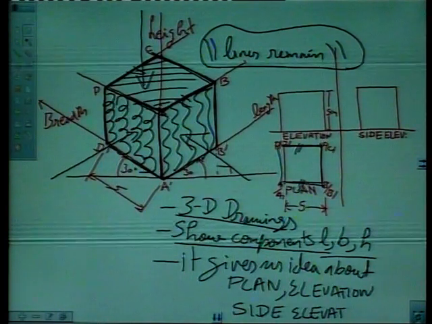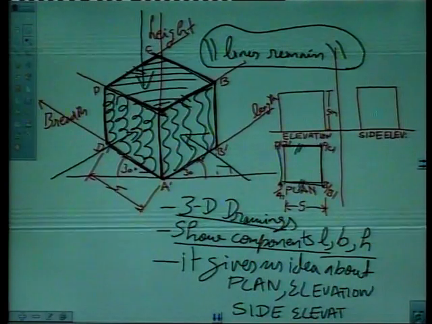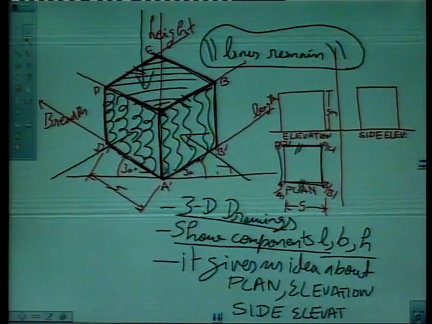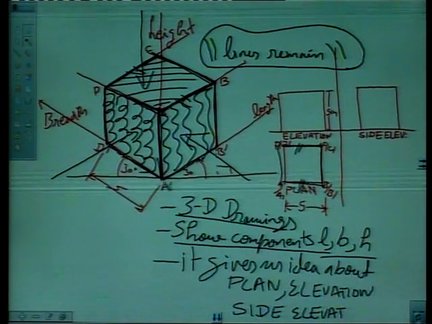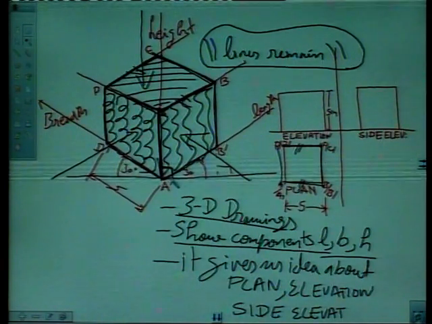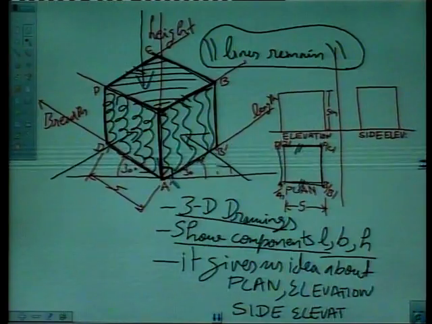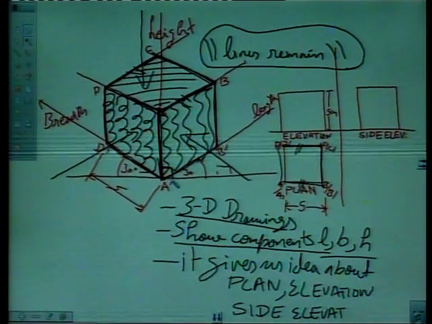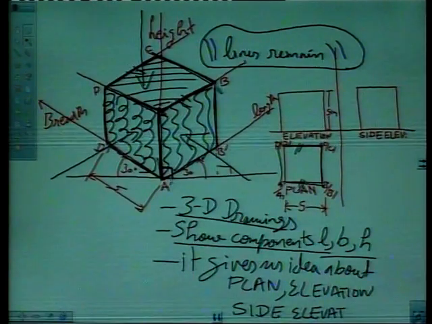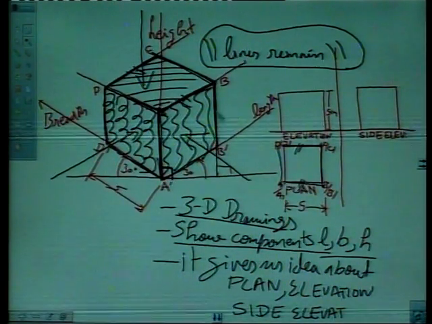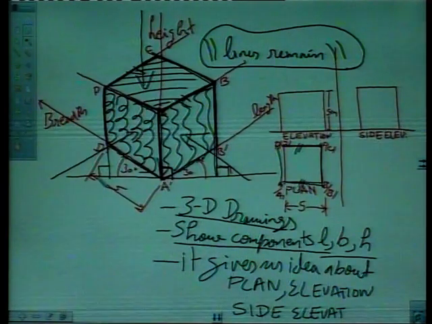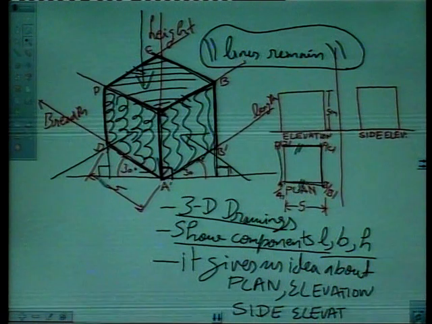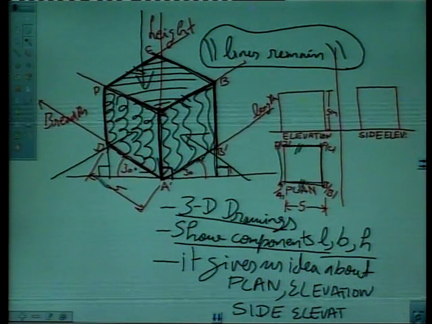Next, all perpendicular lines remain perpendicular, like this. This A dash edge, in actual A and A dash is perpendicular. So this line is perpendicular here, right? And BB dash is also a perpendicular line. BB dash is also making a 90-degree angle with the ground. That means this is also at 90 degrees to ground. And DD dash is also at 90 degrees to ground. That means all perpendicular lines remain perpendicular to the ground, and which can be drawn using parallel bar and set